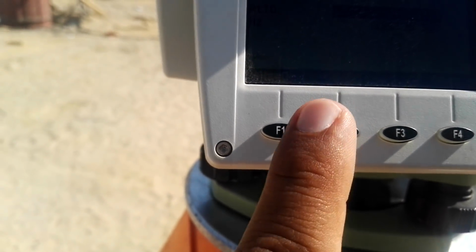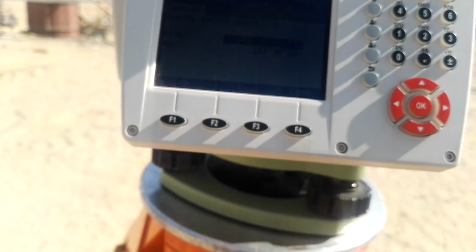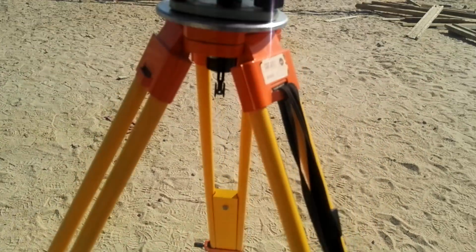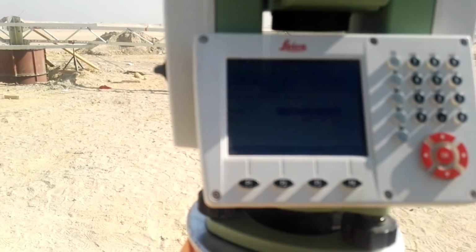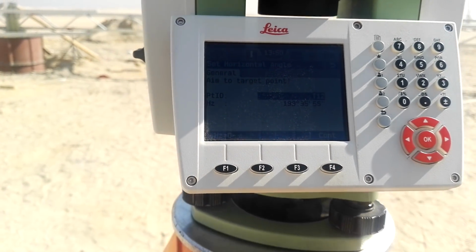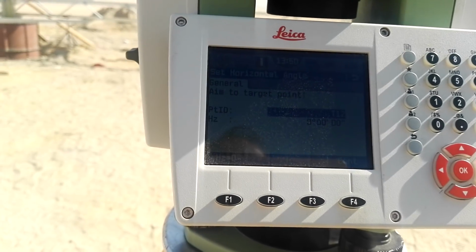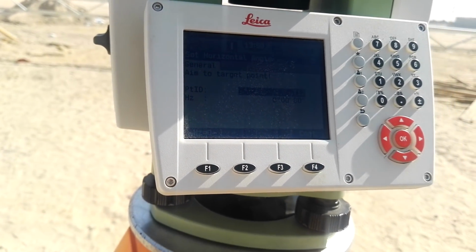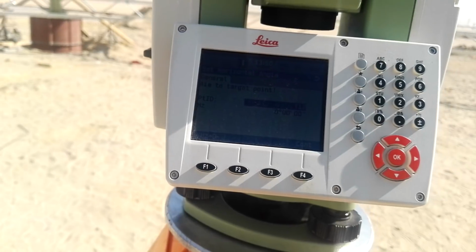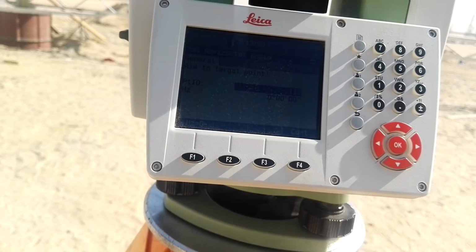For that, the angles and the point names appear. When I fix the 0 point, for example, this is the center of this instrument, and then I make a reference on the center. That one I fix on 0. For 0, I simply press F1 to set the 0. So I press 0, F1, and then my instrument is ready at angle 0. Because this tower is a square shape, on a square shape we will use four angles: 0, 90, 180, 270 and 360. So this is the way we can adjust this tower.